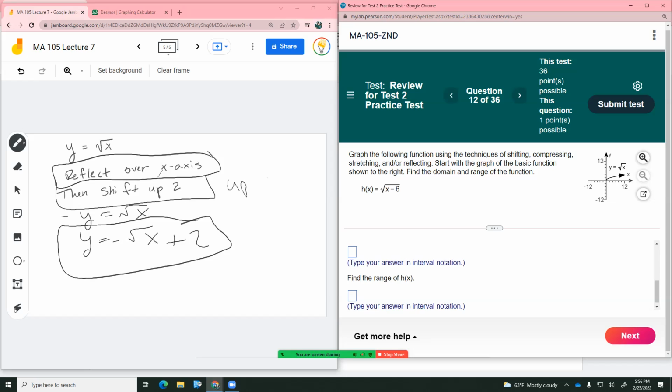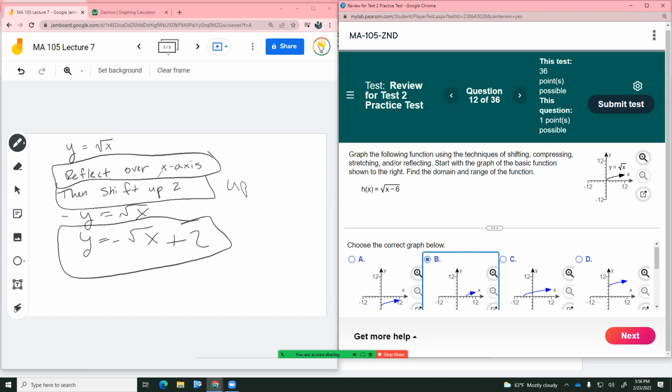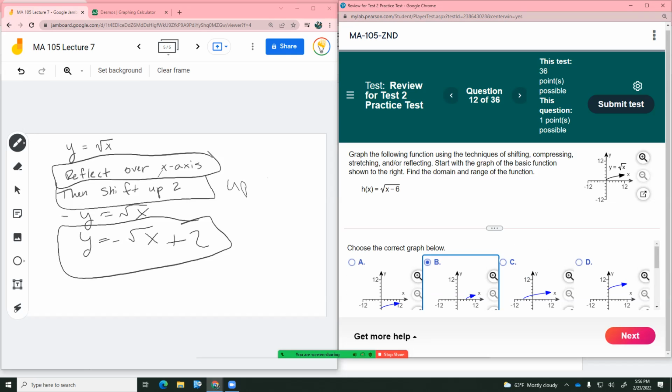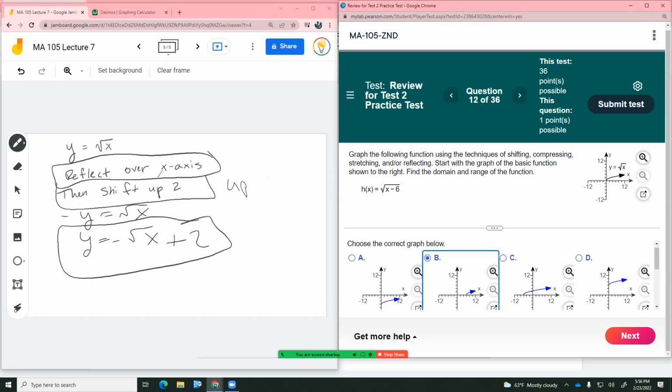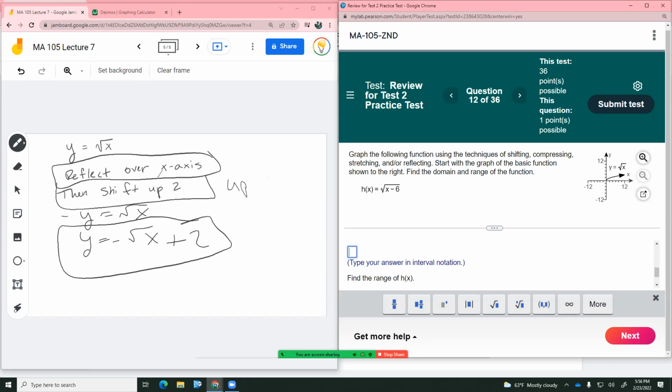Next, we're going to say find the domain. Remember, domain, that's where my x can go. In this case, the lowest x value I've got is 6. Everybody see that? The lowest x value I've got is 6. So the domain is going to be in I would use bracket 6 and then infinity